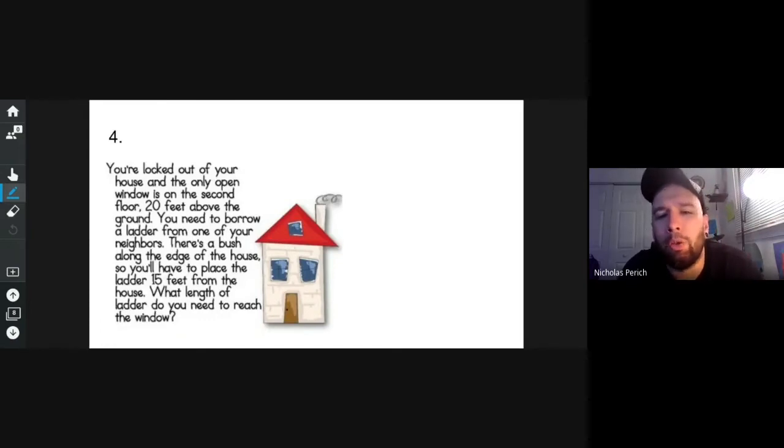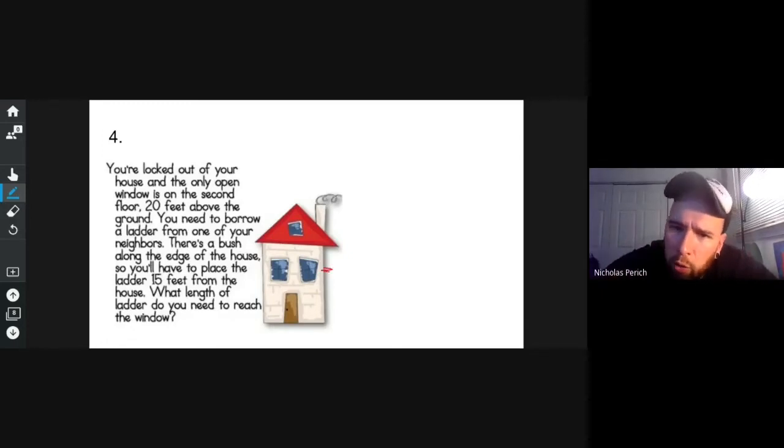Mr. Parrish. So when you guys yell at me saying, when are we going to use this stuff in real life, don't come knocking down my door when you get locked out of your house and the only way to get in is to get a ladder and get into the second floor. You're locked out of your house, and the only open window is on the second floor, 20 feet above the ground. Holy cow. You need to borrow a ladder from one of your neighbors. Well, you don't have your own ladder? Buy one. There's a bush along the edge of the house, so you'll have to place the ladder 15 feet